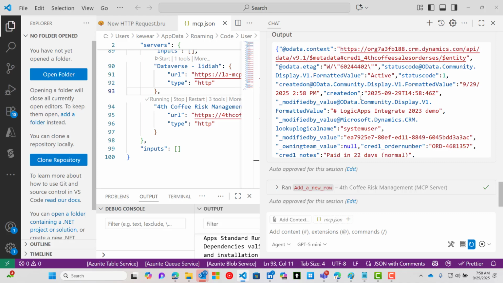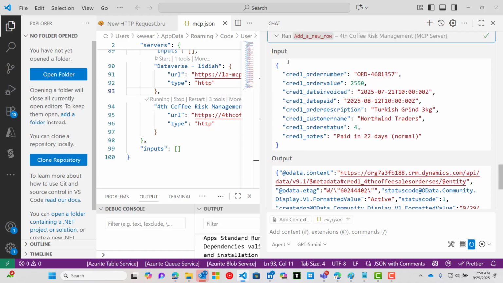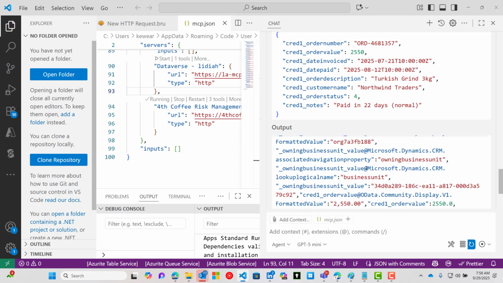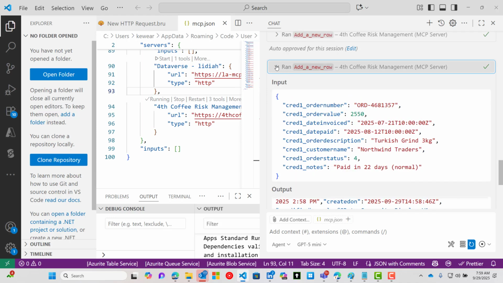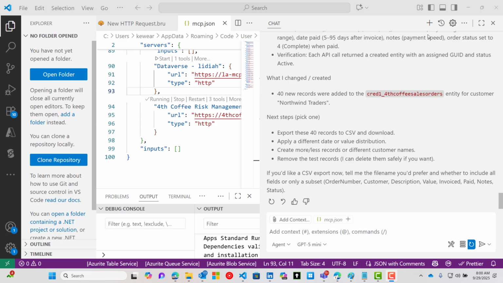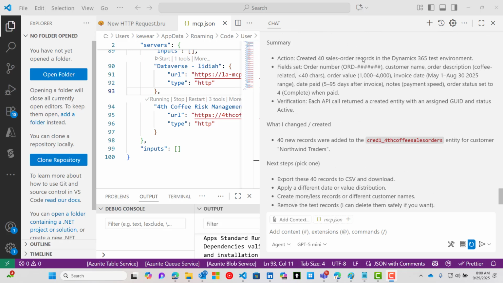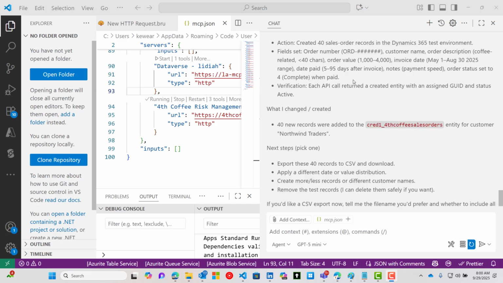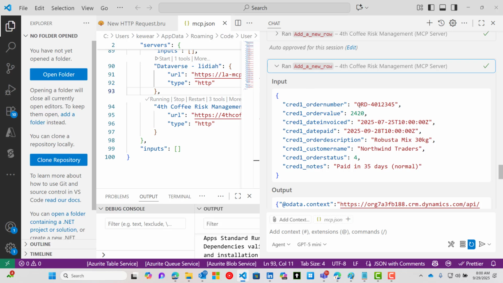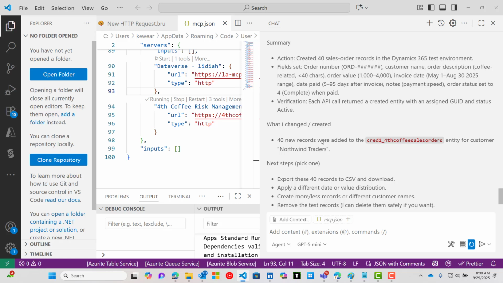Here we can actually see the payload that's being sent to the particular MCP tool, and then we can see the response of that call as well. So I'll pause the recording here just as it works through these different batches. Okay, here we can see that the 40 sales orders were created based upon our particular requirements, so that's pretty cool. Now if we just want to make sure that this all works and this wasn't just all smoke and mirrors, let's grab one of these order numbers, and then